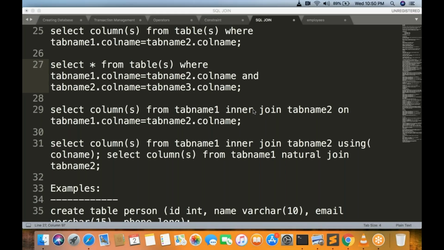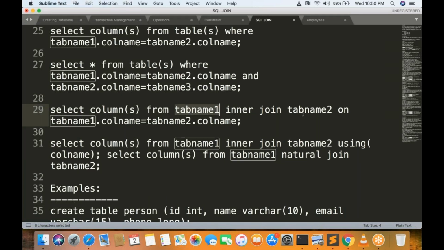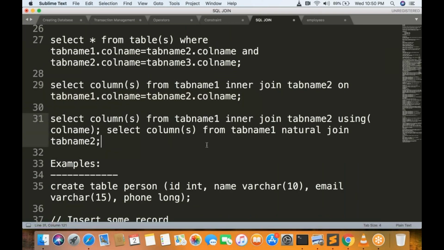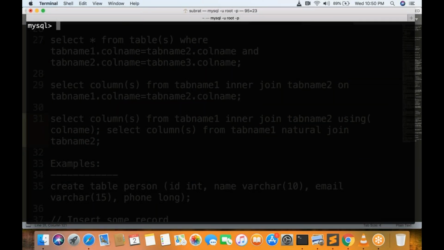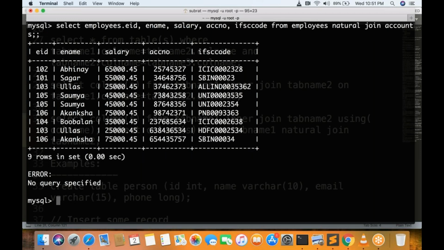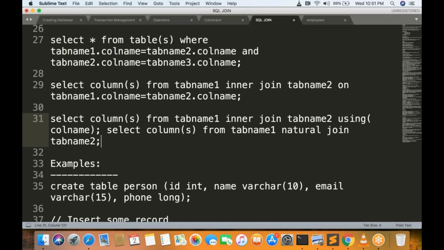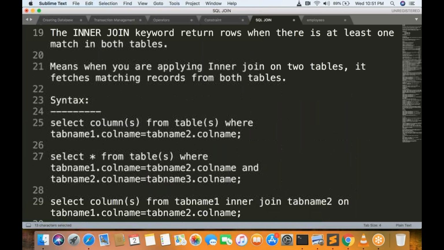Or if you want to use inner join, there is a syntax: select all the columns you want from each table, from table 1 inner join table 2 on this condition. Or instead of specifying this, we can use natural join. In this way you can specify while defining the condition, or while defining inner join, or while defining natural join. All will work the same, all will behave the same. Natural join and inner join,